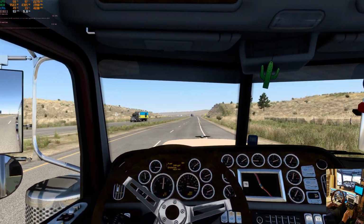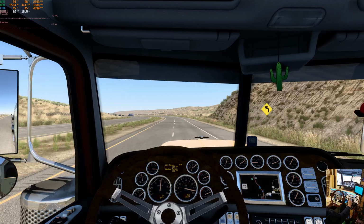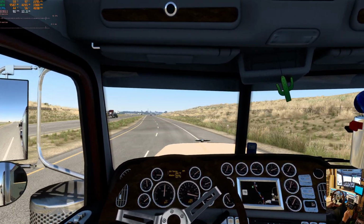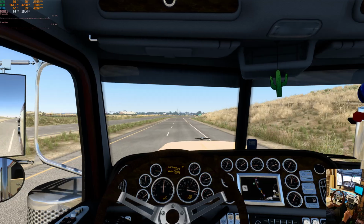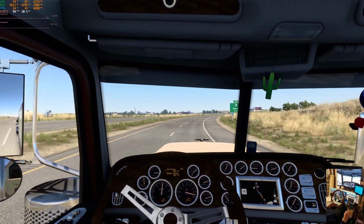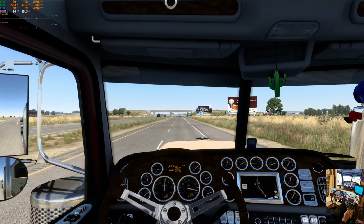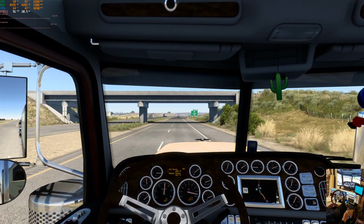Gotta admit, I haven't been up this highway a whole lot in the game. So I got a fair number of mods in this profile for 1.46. If you watched the tutorial where I went, I can't remember what that tutorial was, 1.44 to 1.45 and back, the profile that I used to go into 1.45 and then back out